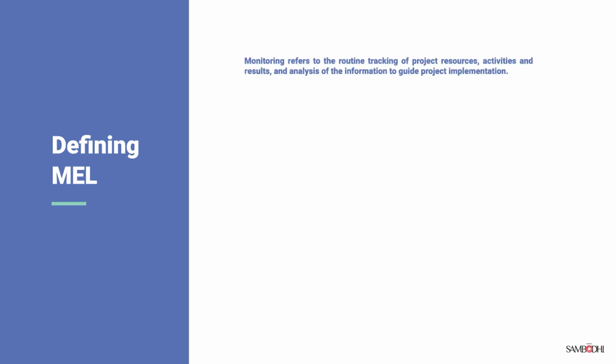In Module 1, we will talk about monitoring, evaluation, and learning and the various concepts related to it. But first, let us define what MEL means. M stands for monitoring in the MEL process. It refers to the routine tracking of project resources, activities, and results, and the analysis of the information to guide